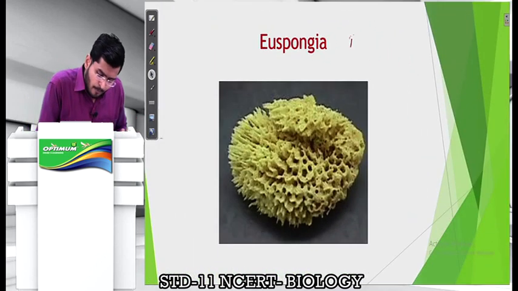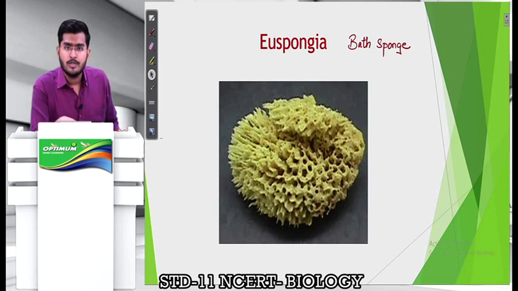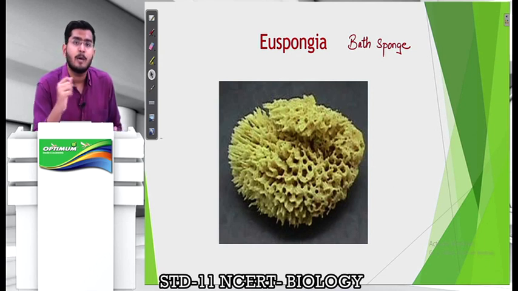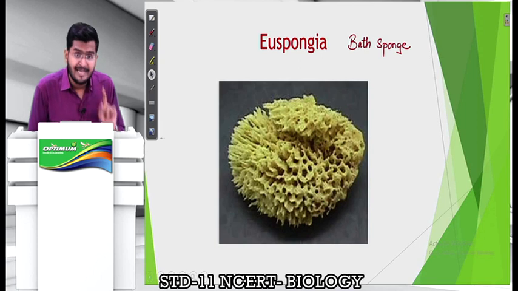Euspongia, this is very popularly also called bath sponge. ये कमर्शियली नहाते वक्त यूज़ किया जाता है. तो बाथ स्पॉन्जेस जो है, यूस्पॉन्जिया जो है, उसको ओशन में से निकालकर सुखाकर ट्रीट करके उसको बाथ स्पॉन्ज की तरह मार्केट में बेचा जाता है, because you use it for scrubbing your body when you take a bath, because it is responsible for removing all dead cells from your skin. So people use bath sponges. It can be commercially purchased from the market, right? So these are going to be dead sponges which are treated and sold.